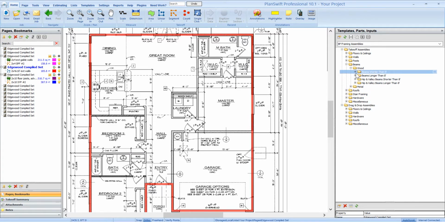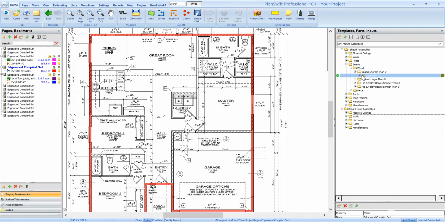The way that we've got our headers and beam assemblies set up is we've got one assembly that's set up for beams or headers that are shorter than 8 foot. And what that assembly is going to do is you can go through and do your takeoff, and then it's going to figure that header material out of whatever length material you set that you want to get your headers out of. So for example, let's say we want to go through and pick up some door headers. So we would use our beam shorter than 8 feet